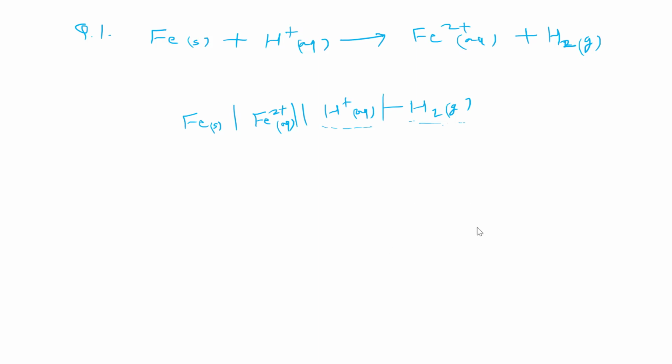Okay. Yes, sir. So what is the complete representation here? You are to represent Pt solid with this cathode, and now this is the complete representation. So you can note it down, in case of any cell reaction where all the species are aqueous or gaseous, we use a platinum rod as a representative electrode, and as it is inert, it is not taking part in the cell reaction, we are just using it for making the electrode. Okay. Yes, sir. Now this is the complete representation here.